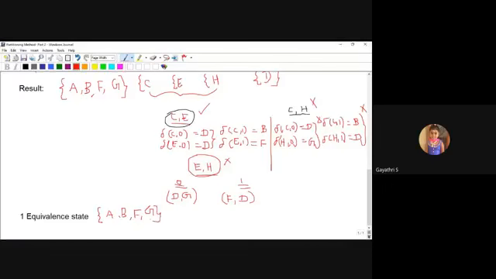Then CE, I can make it a single group, then D, and one more, H. So this is your actual result for one equivalence. Next, I'm going to check two equivalence.